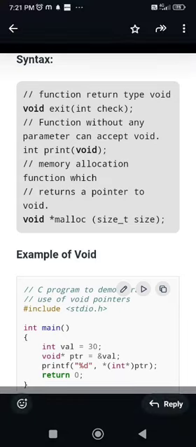Now an example of void. #include stdio.h. After that our main function. In the main function we declare one integer variable, int val equal to